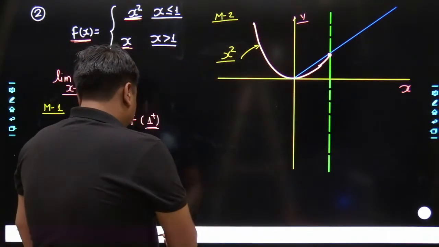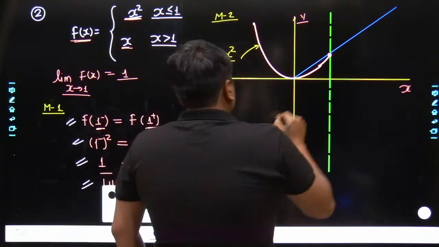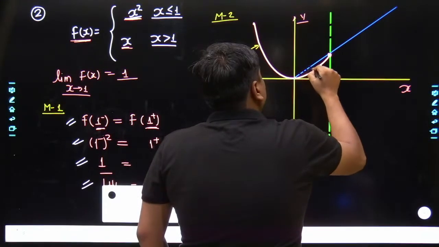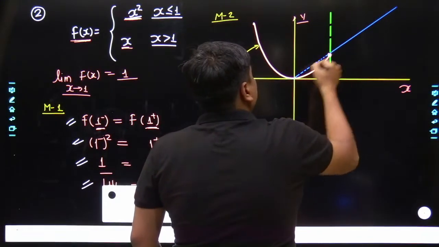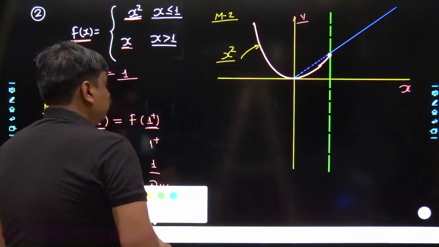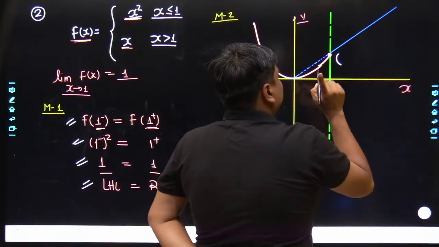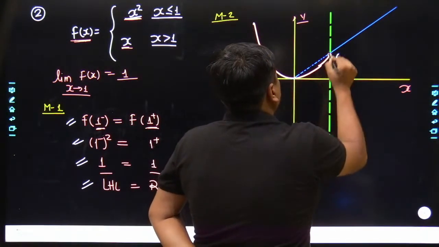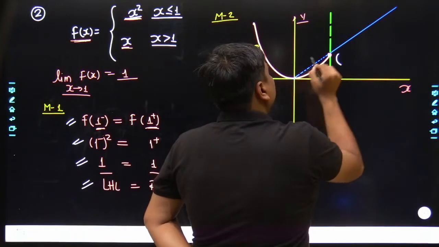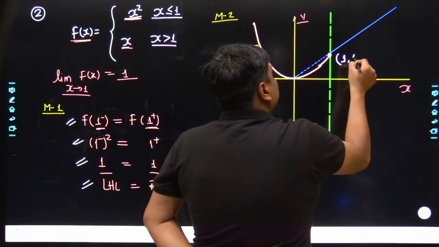For a better understanding, let me rub this out. If we allow it to move towards the left-hand side, it would strike to 0. But one thing is quite sure: at x equals 1, if I take the reference of x square, the worth is 1, and similarly, if I take the reference of y equals x, the worth is 1. That means